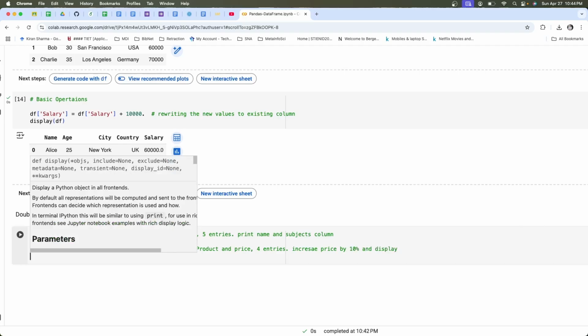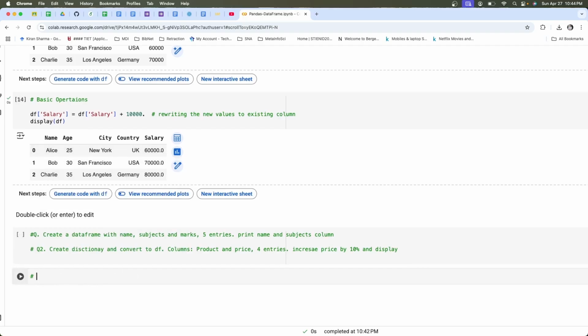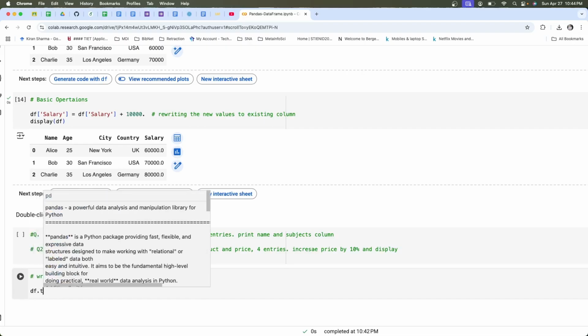So as we have done, we have created this data frame df. If I want to write my df to a csv file, how do I do that? The command is data frame dot to csv.